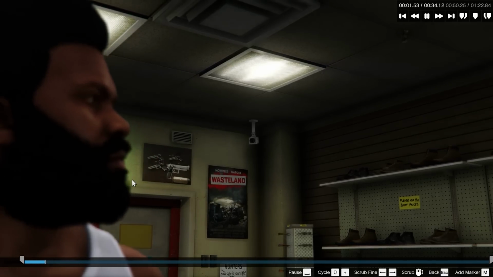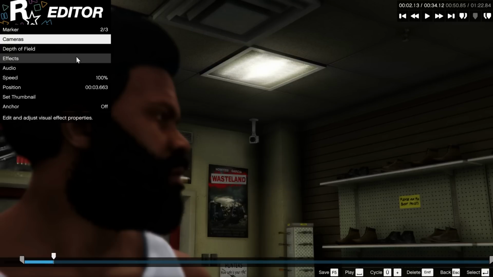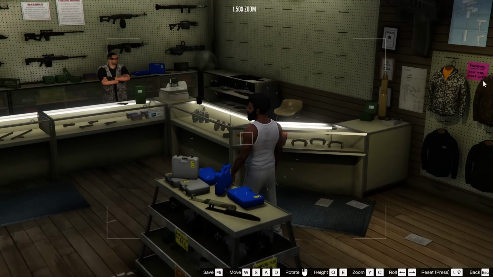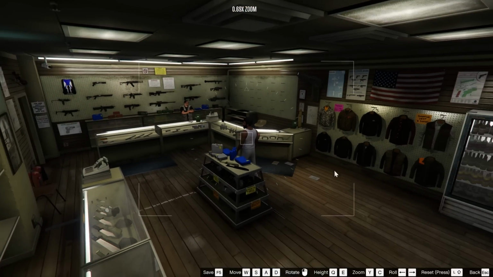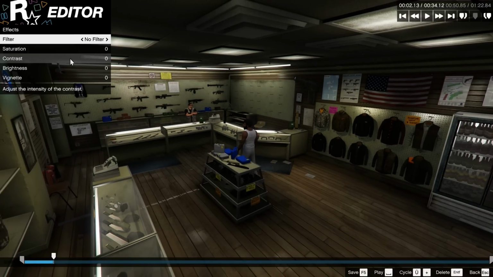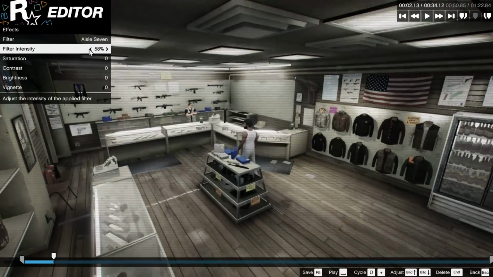Next example, let's say you wanna make a scene look like it was filmed from a surveillance camera. You have to keep in mind that these cameras are usually hung up high in the corner of a room, so you should adjust the camera angle accordingly. Also, the cameras have a wide field of view, sort of like a fisheye lens. Add a value that fits your taste here. Then there's a cool effect you can apply to the video. This one makes it look like surveillance footage.